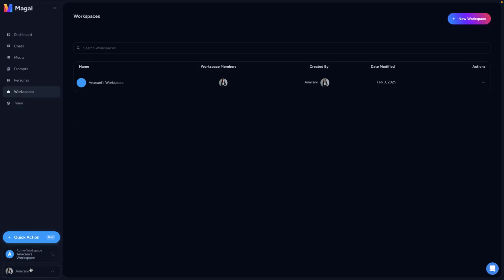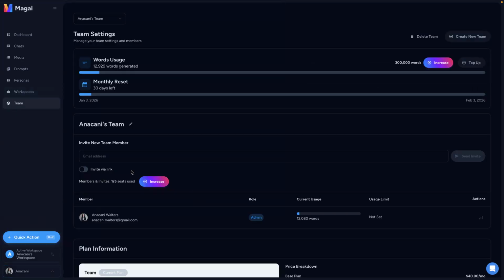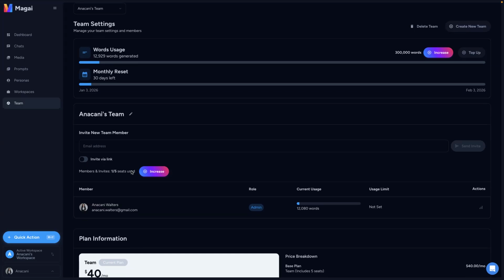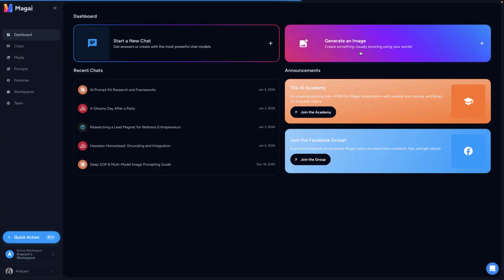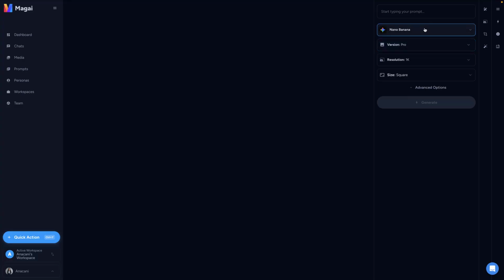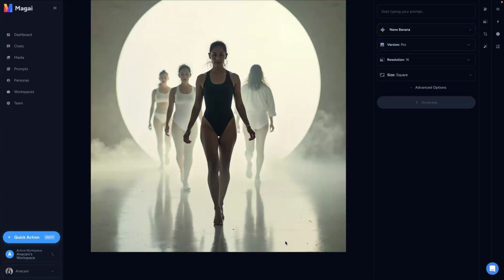And then you can come here, you can work on your billing subscription and look at the plans. I'm on, I think, the $40 a month plan. They only have two. One's 20 and the other one's 40 unless you want to go to a corporate. Okay, so that's pretty much the main gist of how this works. And what we're going to do is come here to generate an image, and I'm going to walk you through how to create a Flux LoRA.